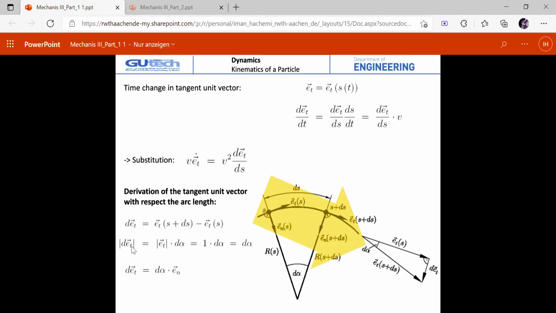If we take the norm or the absolute value, then it's only Et multiplied by alpha. Here it's only the tangent, and as the tangent of d alpha, it's only alpha when we take a small